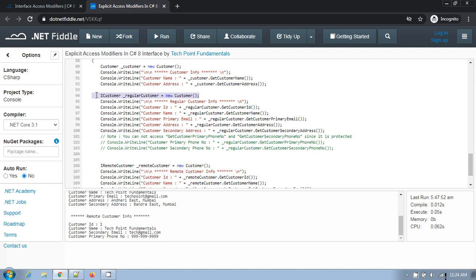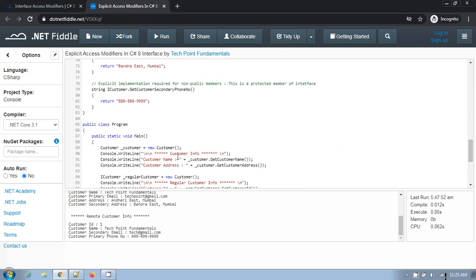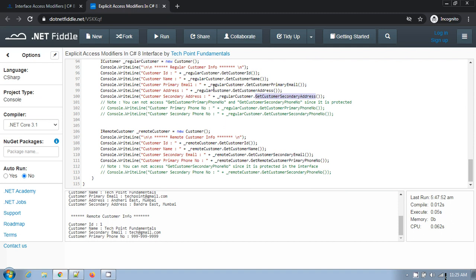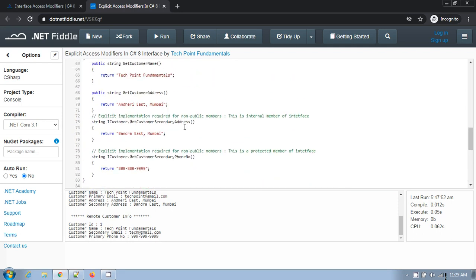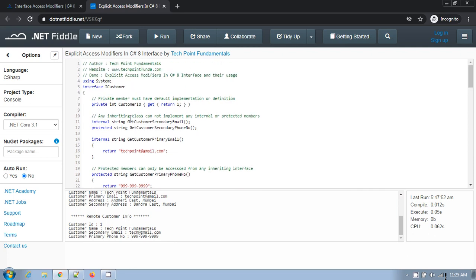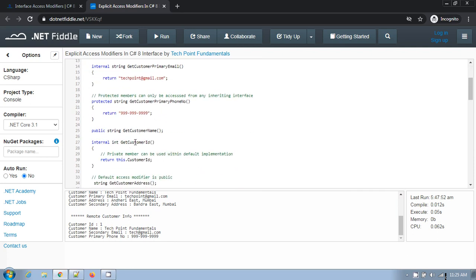If you see here, I have created the reference variable of type iCustomer, and with the help of this interface reference variable, you can access this get customer secondary email address and get customer primary email address, which is already defined in the interface here, right? These are internal and protected members.